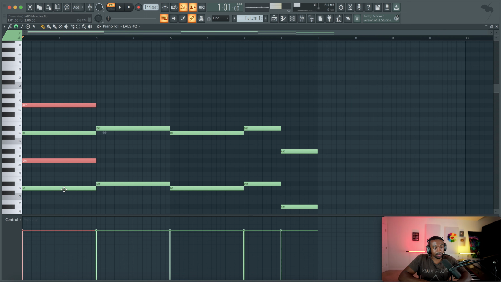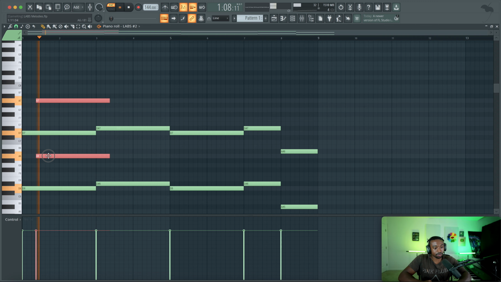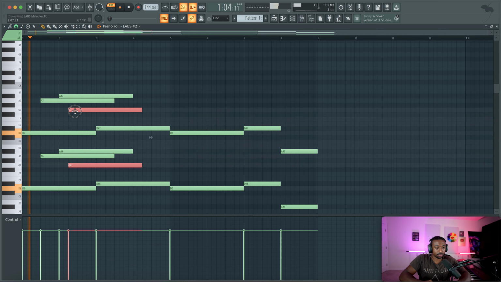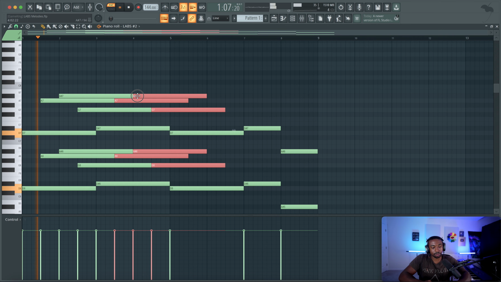1, 2, 3, 4, 5, 6, 7. And then we can go up 1 note. This is called a sharp 5th. So we're going up 7 notes, and then just going up the half step. Now we can start at the root note and go up 5 notes. 1, 2, 3, 4, 5. It's called the perfect 4th. We can literally repeat this because it always works.